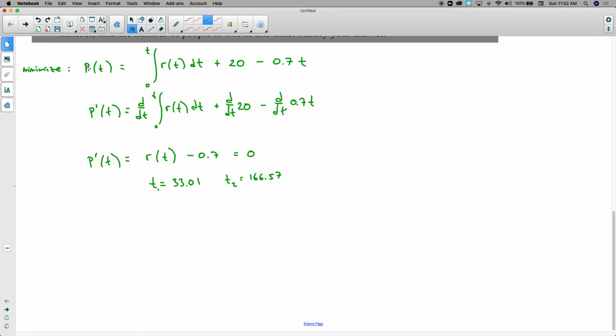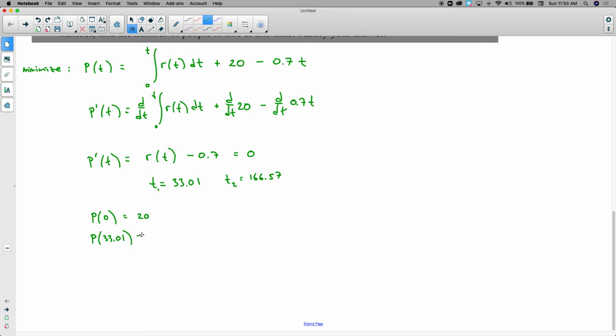Okay, so then what are we doing? We have this people in line calculator, and we are trying to minimize it. So we've taken its derivative and set it equal to 0. So these are the two critical points, the critical times. They're not necessarily corresponding to when the fewest number of people are in line. It might represent when the most people are in line. Okay, so then I'm going to test all of these. One thing that I know is that at time 0, the number of people in line is 20. That may very well be the answer. I don't know. And then at time